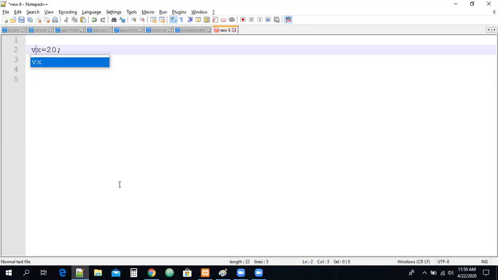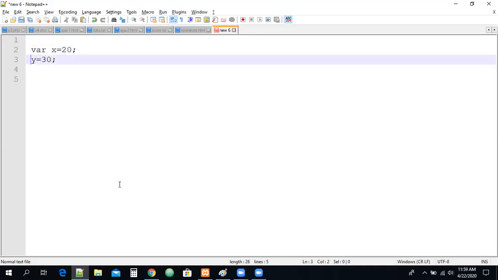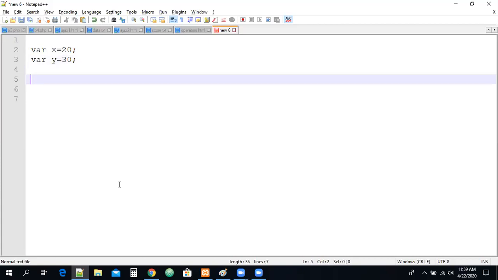So we have to go with var now. Okay, without var also it will work, but we have to follow the coding standard here, right? For example, I have plus equal to. What is the meaning of plus equal to? This is an assignment operator only. Simply, you can write x plus equal to y. What is the meaning exactly? We can write it like this also, x equal to x plus y.